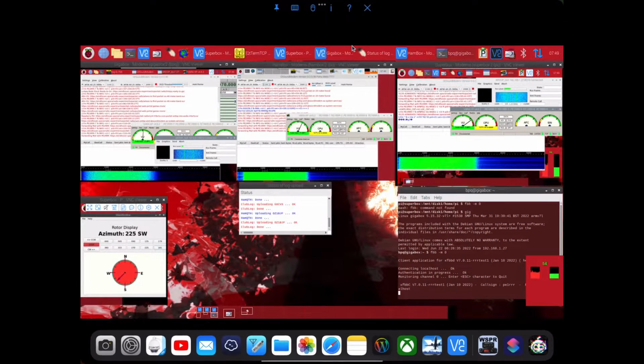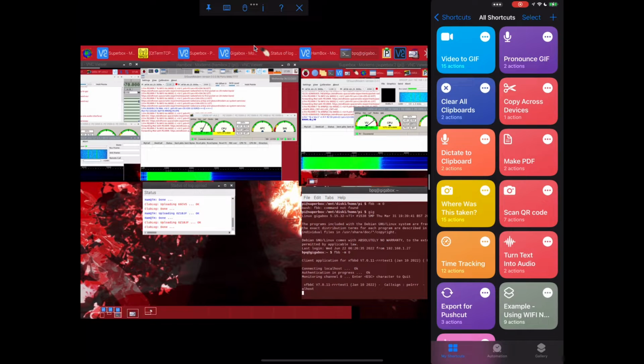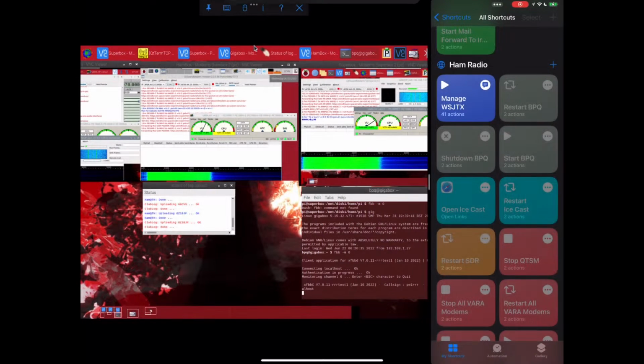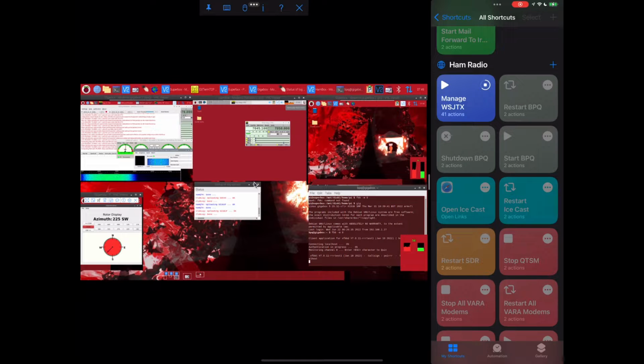Hello and good morning. It's time for another demo of the progress so far with setting up shortcuts on iOS to control the Linux systems that are powering the Raspberry Pi digital HF network that I experiment with on amateur radio. With this, I'm going to show you how it can be used to shut down and start services that